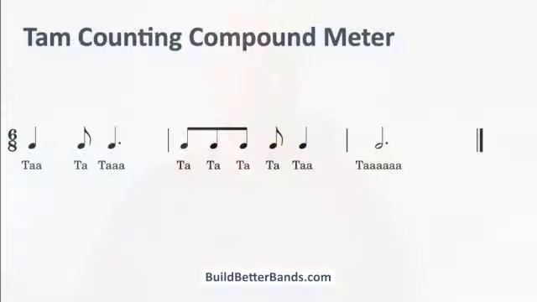Notice that I'm also changing the pitch of my voice to help students understand the difference between the 2 kinds of meters. Counting any rhythms longer than 8th notes in compound meters uses the same logic as extending notes in simple meters. Use a T articulation at the beginning of each new note and add the same number of ahs as there are subdivisions. The only difference is that we emphasize every 3 rather than every 2 subdivisions. This 6/8 example would be tammed like this. Ta ta ta ta ta ta ta ta